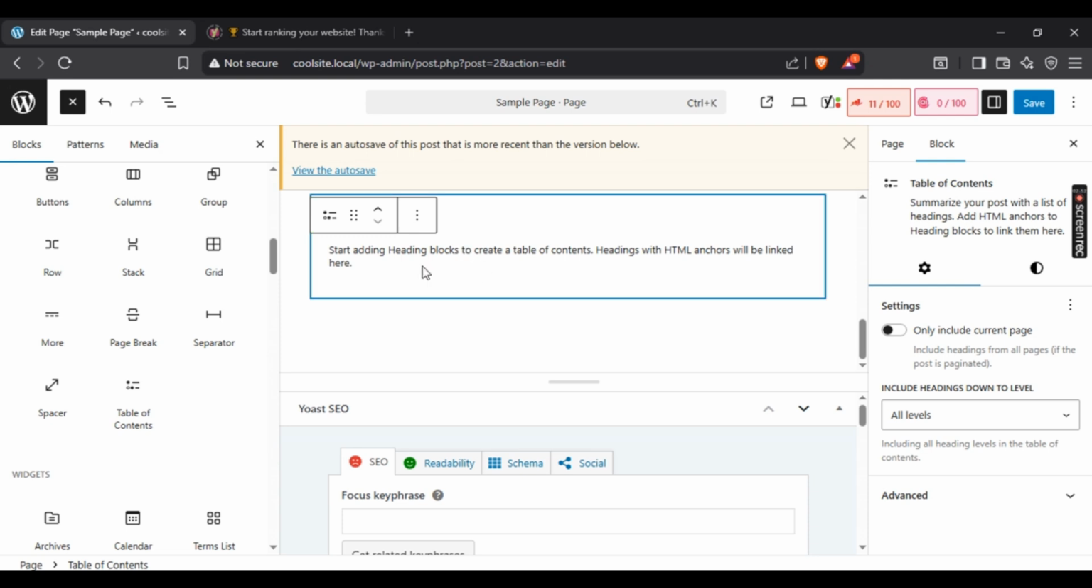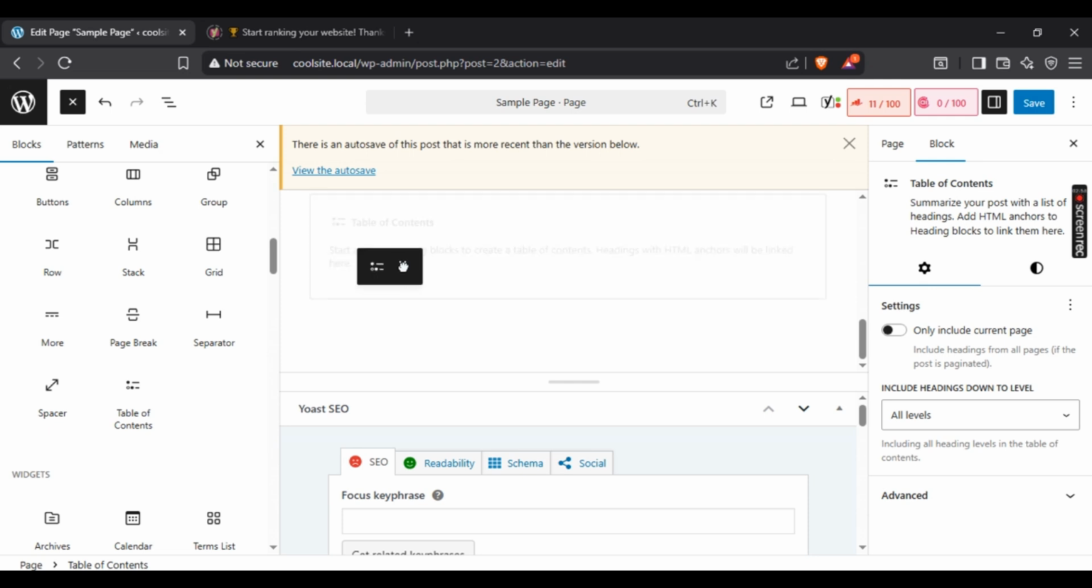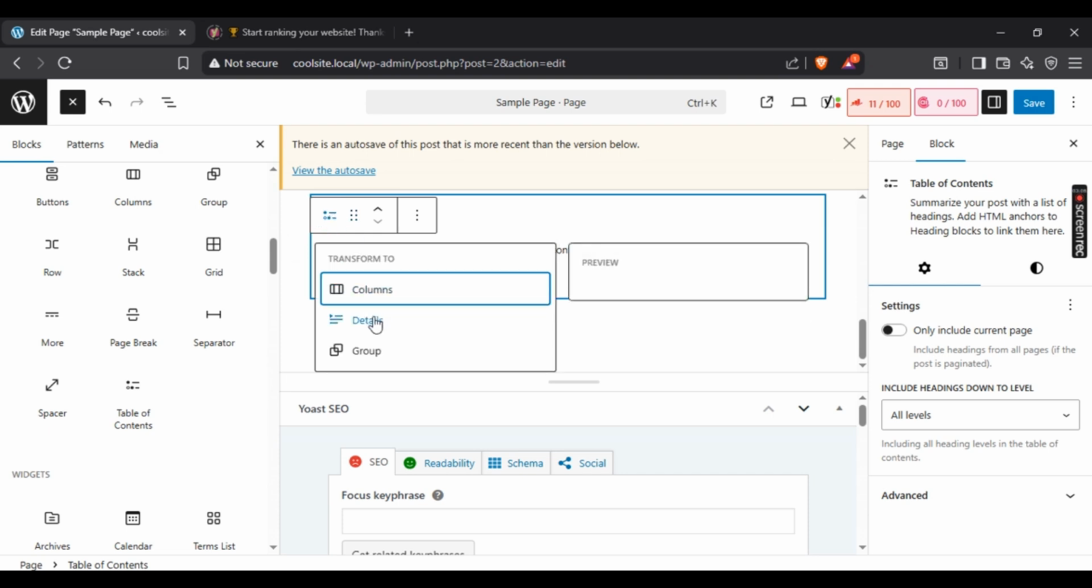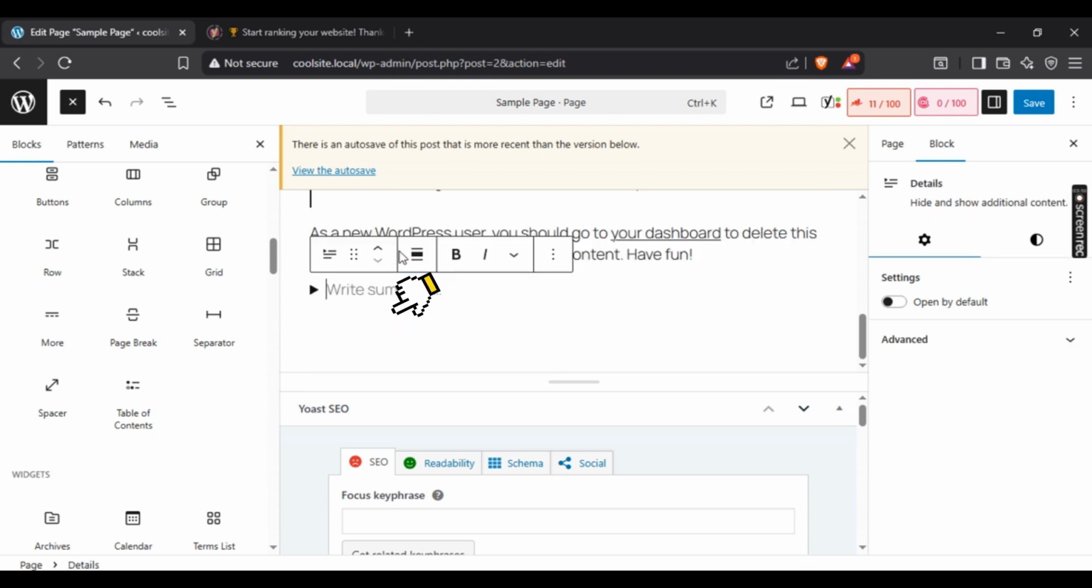So you can just simply select it to type in, and you can start adding heading blocks to create the table of contents. Headings with HTML anchors will be linked here. So you can just simply type in or add anchors, or just simply select this table of content icon right here. Now you can just simply select any one of these columns, details, or groups. I'll go for details for now, and that's it. You can just simply type it in anything that you want,